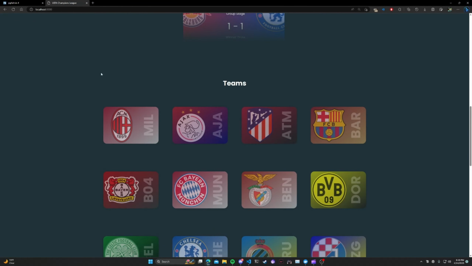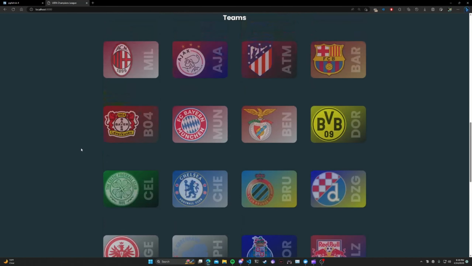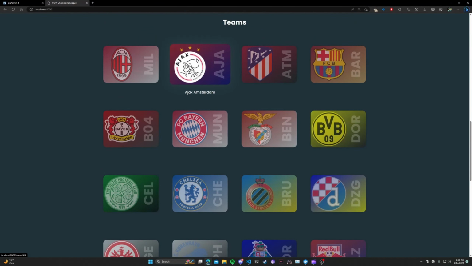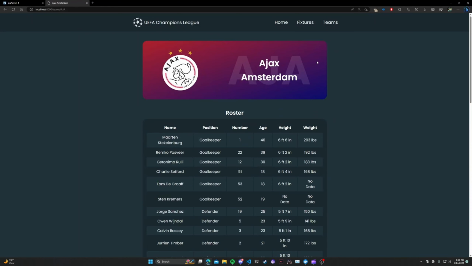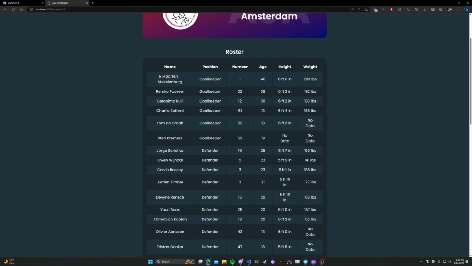If I scroll down, this is just a section displaying all the teams in the competition, and if you click on them, it brings you to their own team page and shows you their roster with all their players and the player information in a table. If we move over to VS Code,